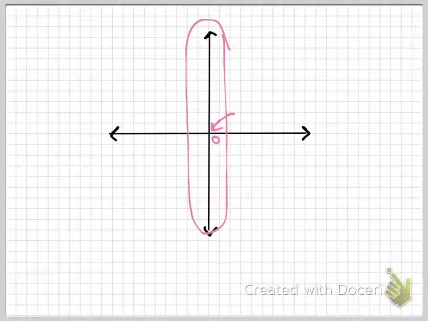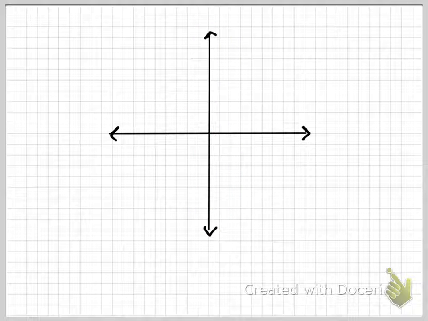How many of you have seen the coordinate plane before? I think you did this a little bit last year, right? Okay. I think you did do it a little bit last year. Anyway,